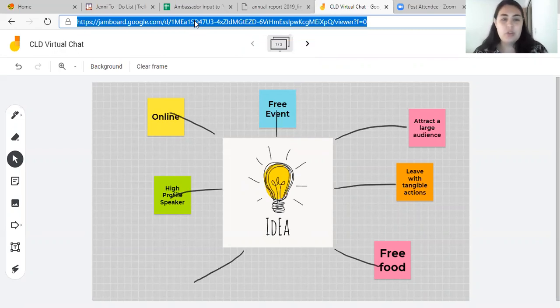So it's really good to use. You can also use it on Teams or pretty much any sort of web conference function. So yeah, that's Jamboard. I hope that's useful, and I hope that you're able to use it in some of your practice going forward when we're still on a kind of online